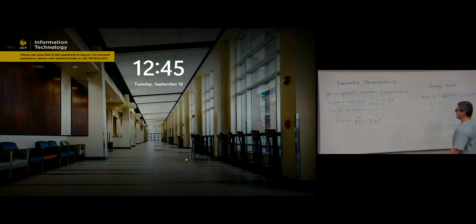Anyway, so if n is much larger than 1, then compare this term and this term. Which one is larger? This one is actually much larger than that one, right? So that means we can approximately ignore this term. This one is of the order of n, but this one is of the order of log n, so this is much smaller, right?